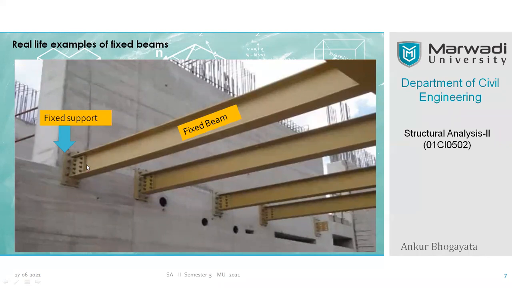Right? So now how can you identify fixity, or how can you say that a joint is a fixed joint? In real life, I'm asking. So let me give you some tips. First thing, just look into the type of connection of the actual beam that is supported or connected with the other beam or other elements, and see whether there are any fixtures or whether any monolithic casting has been practiced or not.